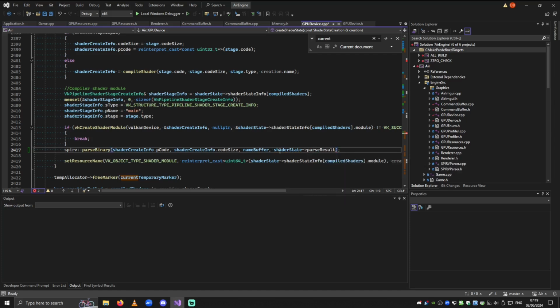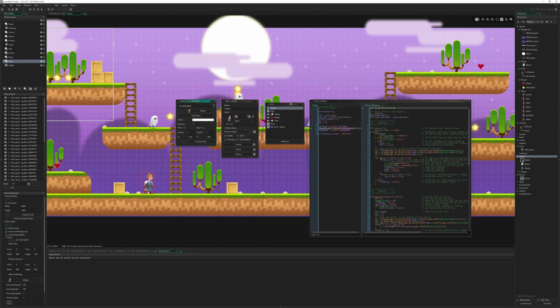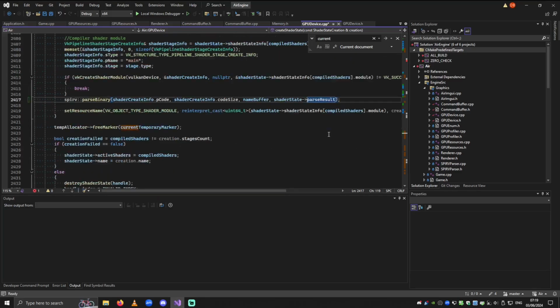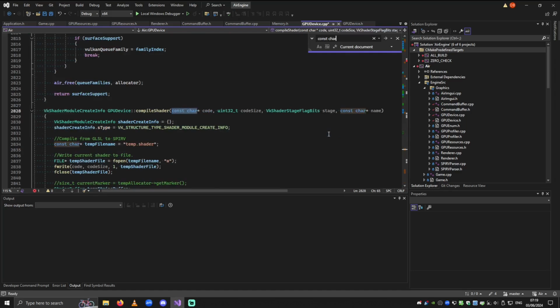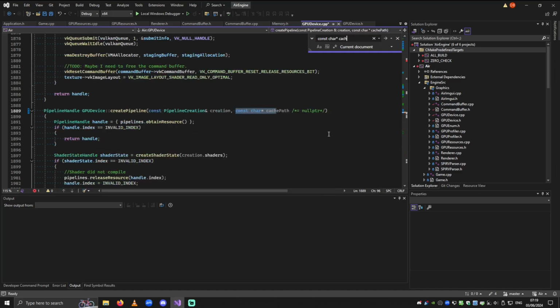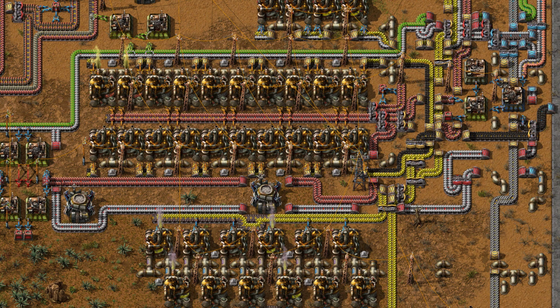So when it comes to game engines, there are two major categories that game engines fall into in the modern day: generalized and specialized game engines. A general game engine is what people think of when they think of a game engine. These are tools like Unity, Godot, Unreal, GameMaker Studio, and RPG Maker. These are general purpose game engines that allow users for the most part to make any type of game they want, with the only constraints typically being that they have to be 2D or 3D, with the exception of voxel games, like Minecraft. Specialized game engines are game engines that typically run either just one game or a group of similar games, such as League of Legends, Minecraft, and Factorio.